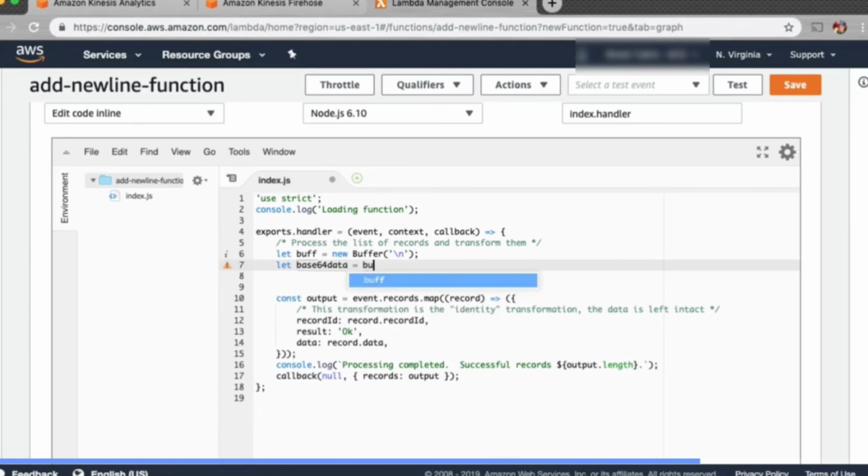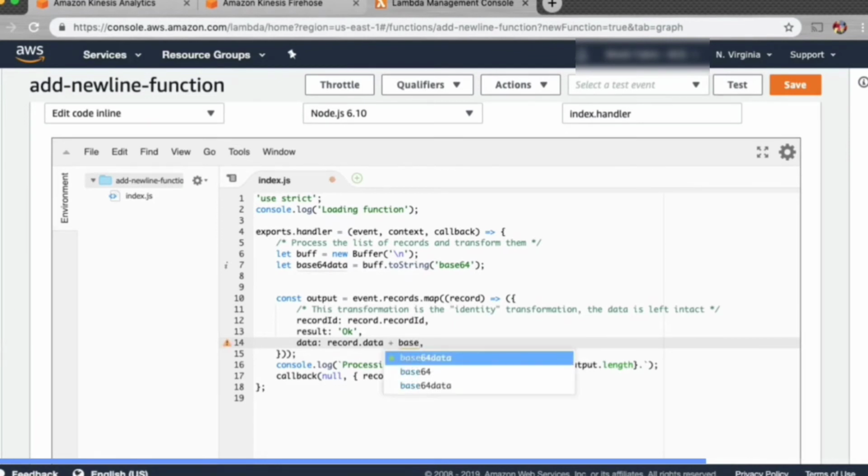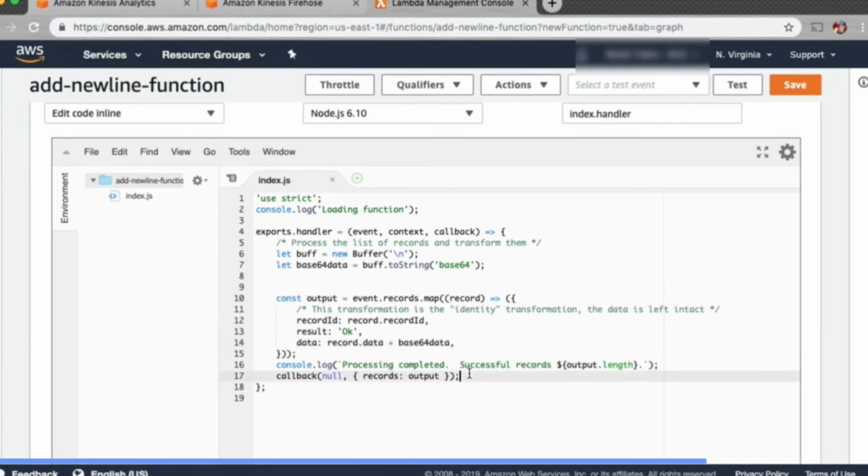After that, we can concatenate that base64 encoded new line onto the end of our data by just adding a plus sign at the end of the record data and concatenating it with the base64data variable. So just like that. Now once that's complete, go ahead and select save. Now when this Lambda function is called, it's going to encode the new line variable and then just add it onto the end of our record.